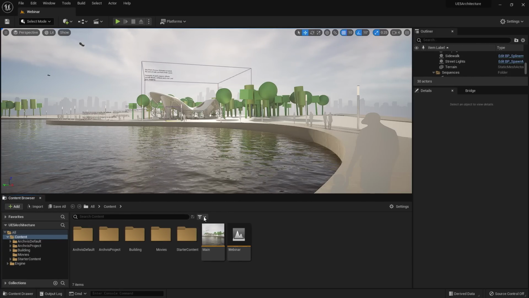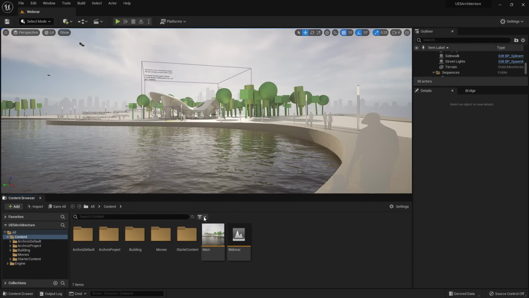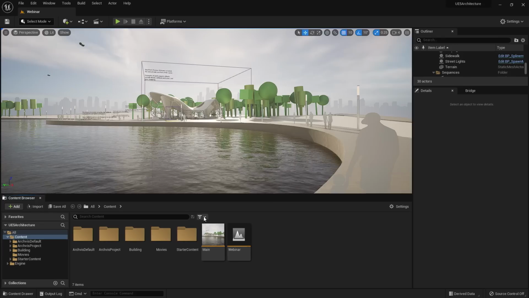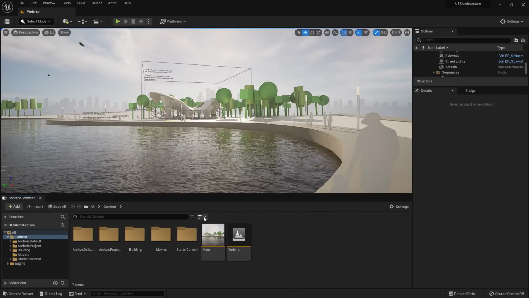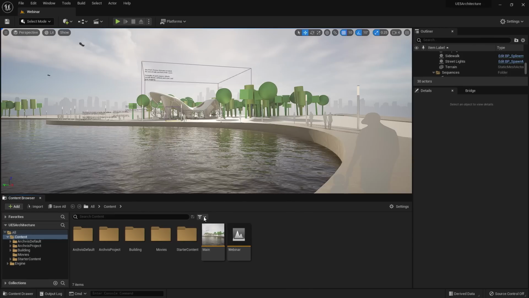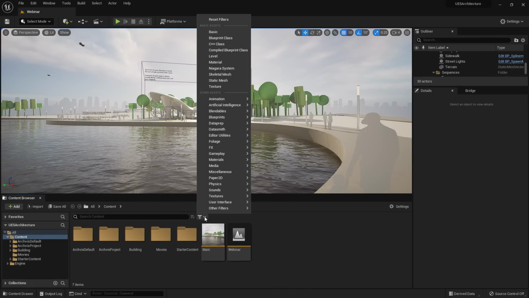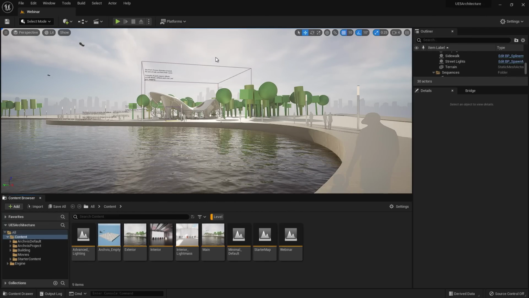in the content browser. Now, the content browser contains materials, textures, tools, levels, so sometimes it's helpful to filter as you're working to speed up the process. So I'm going to hit this drop down, and these are all of the filters that you can apply. For now, I'm going to apply this level filter.